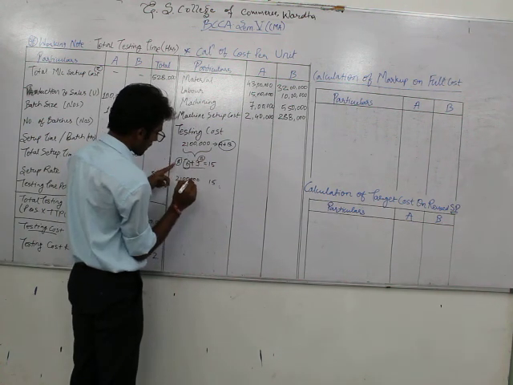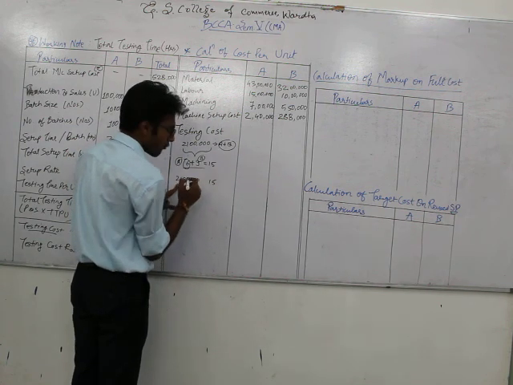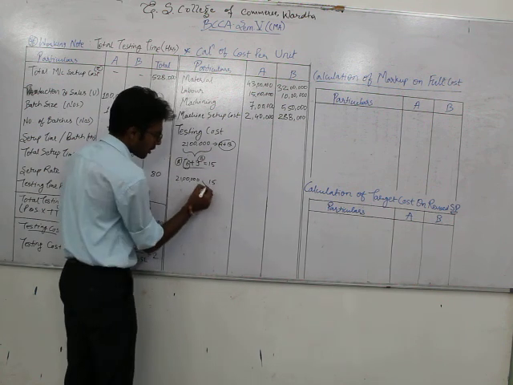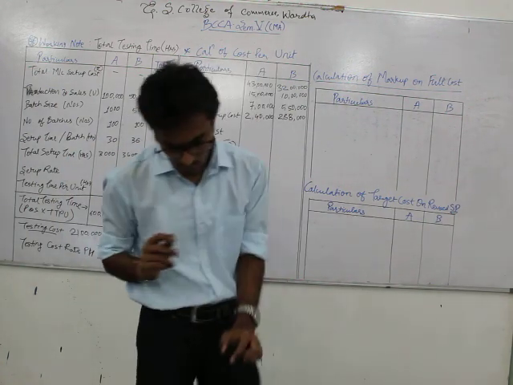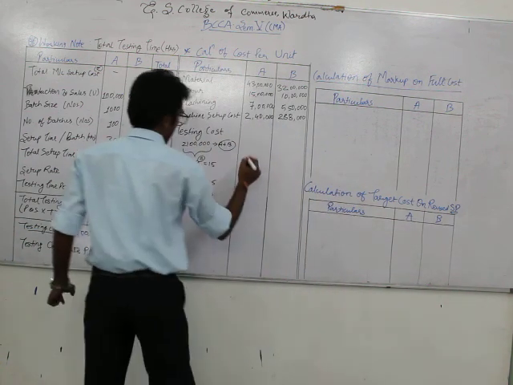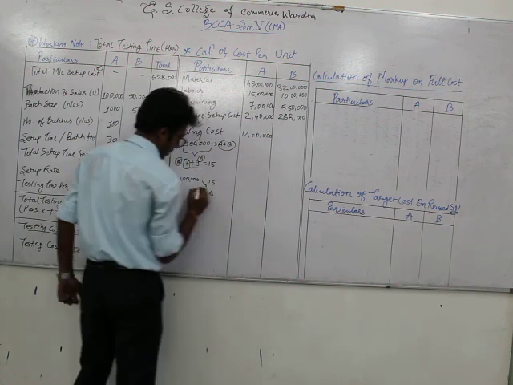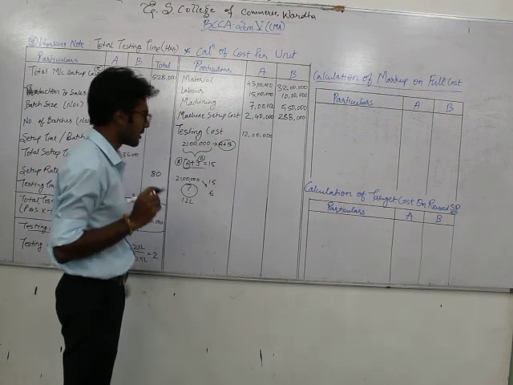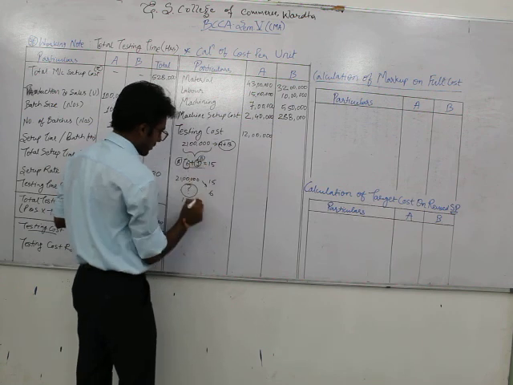So we will calculate for A. 21 lakh is for 15 hours. So what can be the cost for A, that is for 6 hours? We will calculate by cross multiplying this. So you will get testing cost of rupees 12 lakh here. Here you will find 12 lakh. Exactly like that you will find for 9.